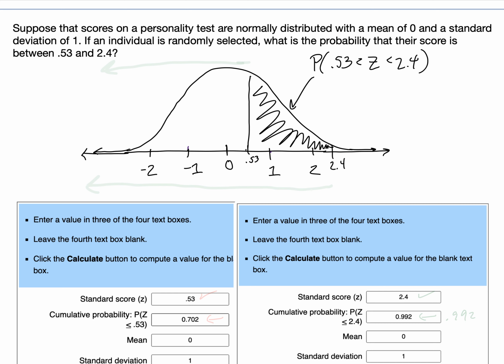So we can find the probability that we're less than this value. We can find the probability that we're less than this value. If we can calculate those two probabilities, how could we find the probability that we are between the two values? So think about that for just a moment. Okay, so if we